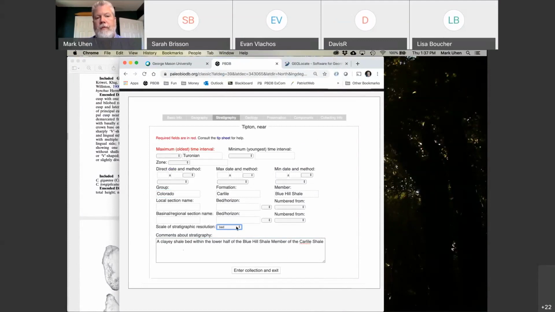Now, sometimes you have time that spans a couple stages or a couple of periods. So you could put Turonian to whatever. If you only have one, you just fill it in the max. But if you have a span, you can put max min. If you have direct dates like